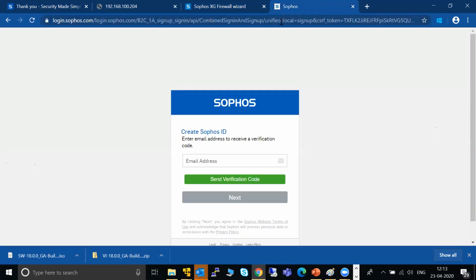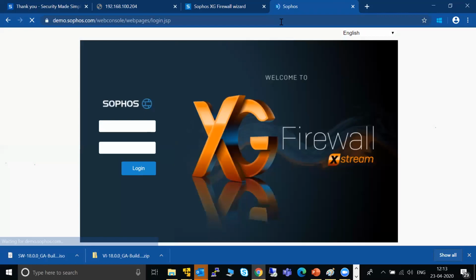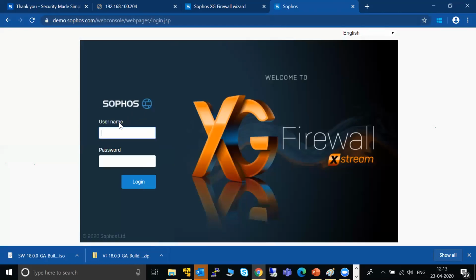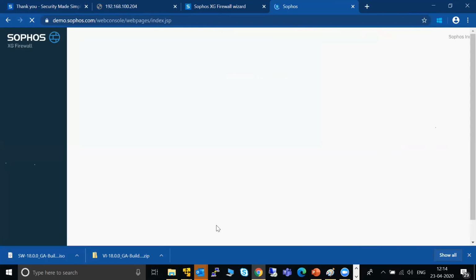You can go there and check what features are available and how the GUI looks. For all documents, you can browse through docs.sophos.com, or go to the Sophos website and go through the document portions.